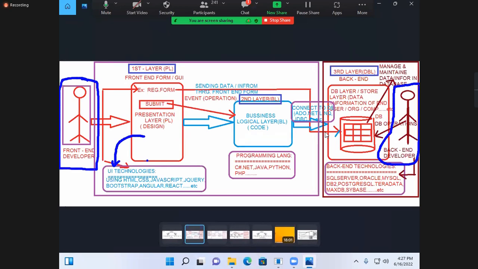Okay, so in that case, suppose you have your UI technologies. Then what kind of technologies am I using to design my front end forms? For example, you are learning HTML, CSS, JavaScript, jQuery, Bootstrap, AngularJS, React.js. Yes or no? There are so many UI technologies we have here, so that we can develop your presentation